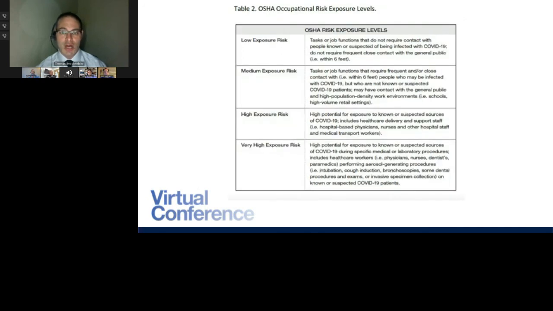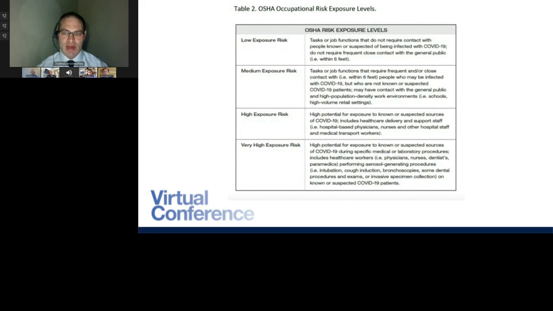In terms of OSHA occupational risk exposure, I'm just going to have everyone jump down to the bottom box here, very high exposure. High potential for exposure to known or suspected sources of COVID-19 during specific medical or laboratory procedures. This includes performing aerosol generating procedures. That's what we do with CO2 lasers. That's what many lasers do. So performing any laser procedures on the head, neck, or around the areas of the body that are thought to have a higher density of viral load,